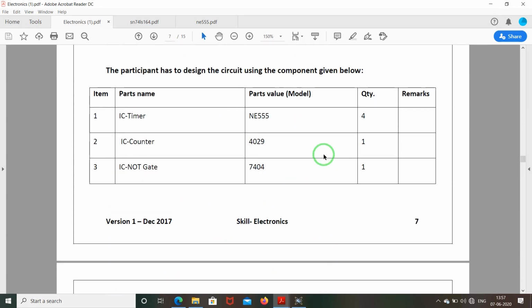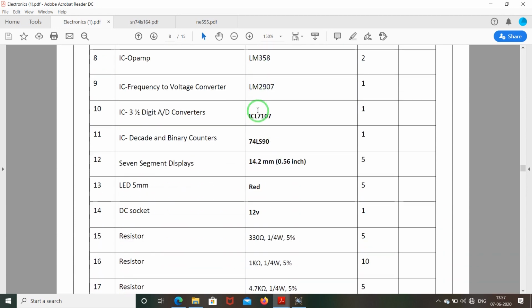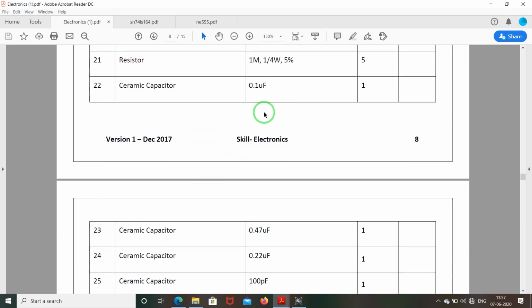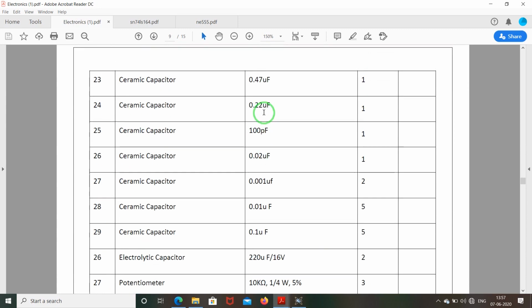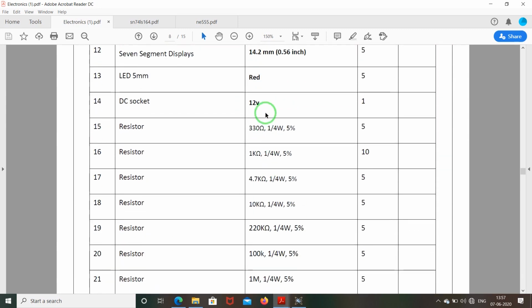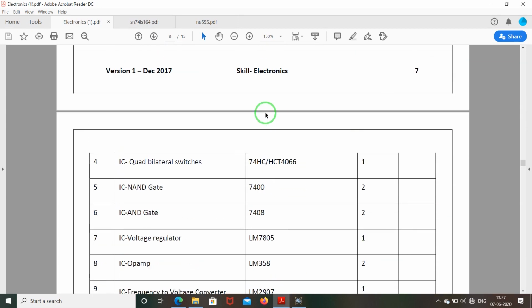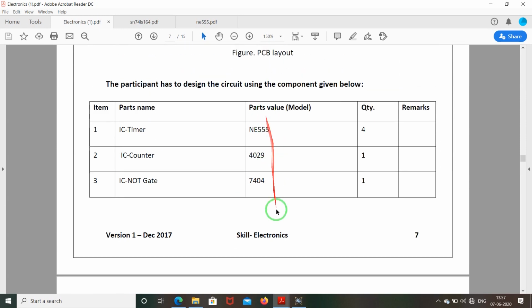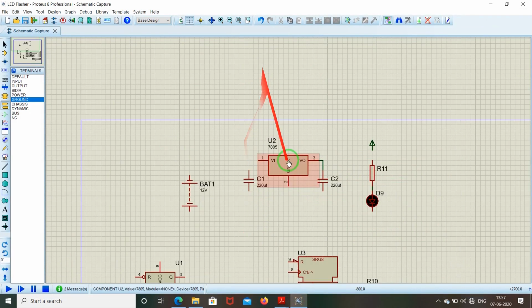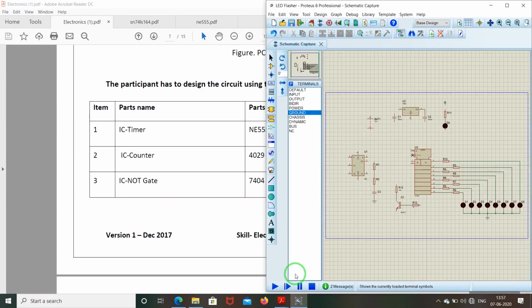Let's go to the part list given for this test project. Here we can see lots of ICs and lots of components; resistors and capacitors are given here. We may or may not need all these components. So I will directly jump to the schematic design and I'll first design